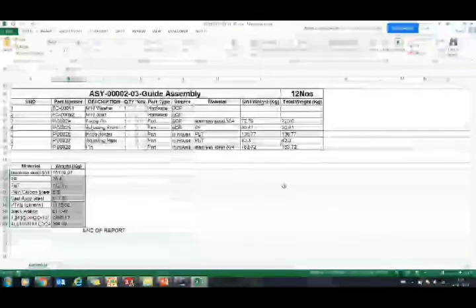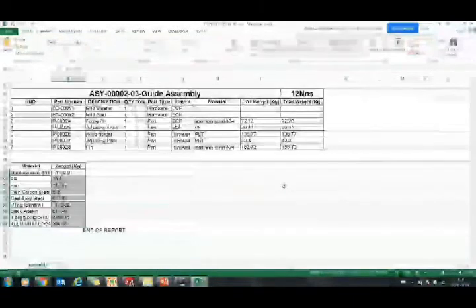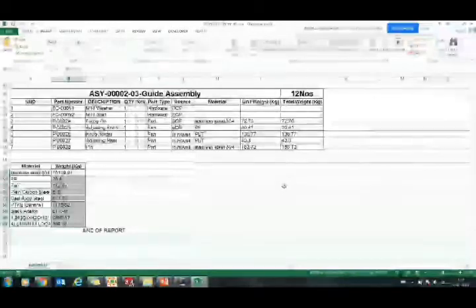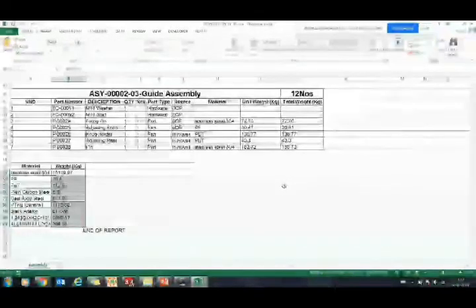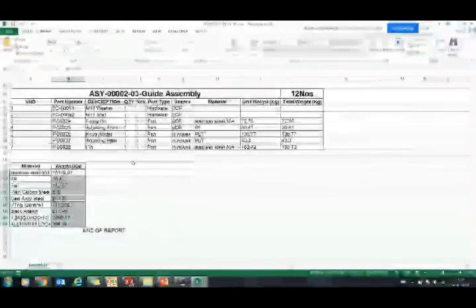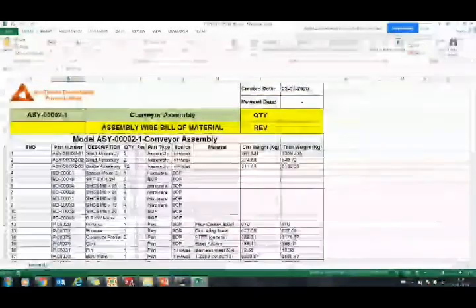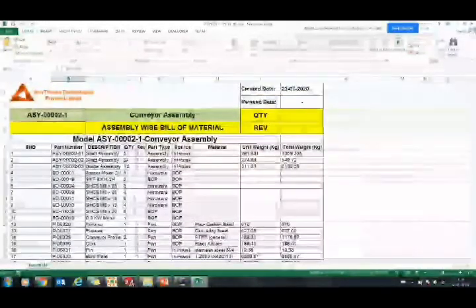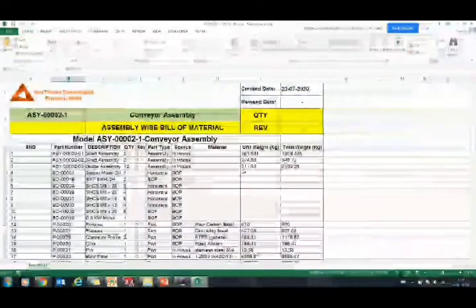So now with this, I can immediately book my material for getting manufactured. I can book this material at my stores, or I can ask my purchase team to get the material from the market as required for manufacturing this machine. So I get to know how much material is required and what grade of material is required for complete fabrication of this machine.